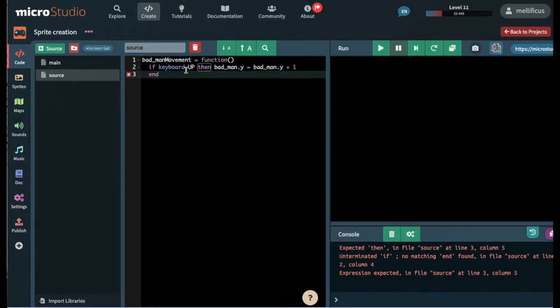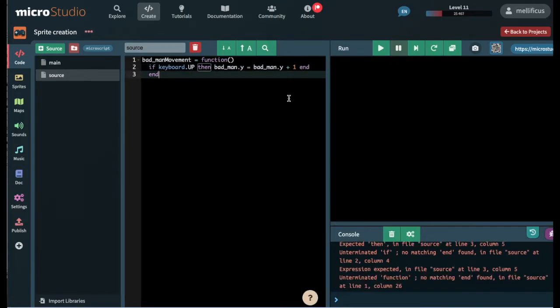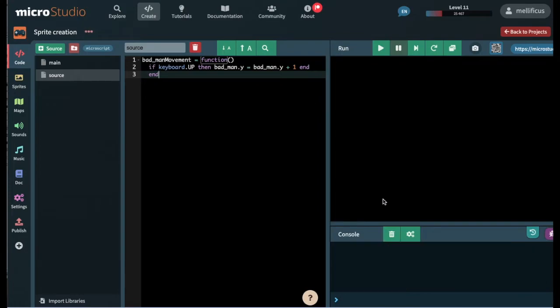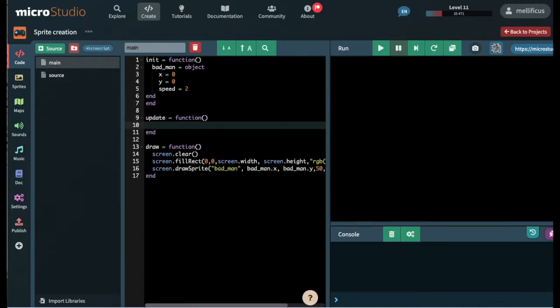So that means now I'm right. Now, of course, I've got an end problem, so I'm going to put an end here, and then I should be right. So now, if I press play and press the up key, nothing's going to happen. And nothing's going to happen because I haven't put it in the main command, and I haven't put it here. So here, if I do Badman,